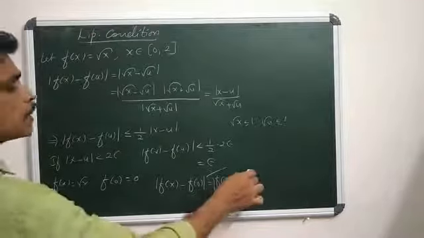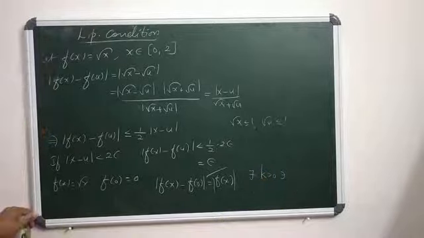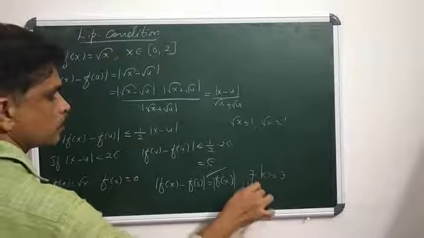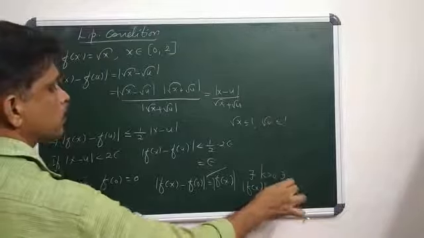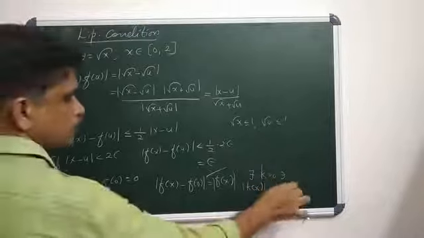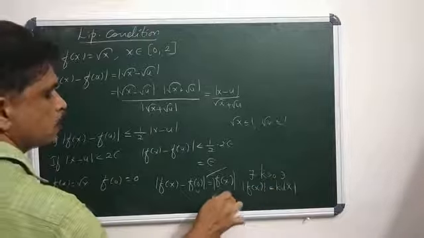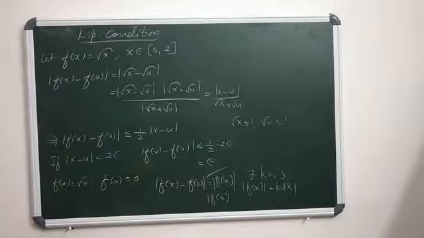That means there does not exist a k greater than 0 such that modulus of f of x is less than or equal to k mod x. So f is not a Lipschitz function. So the reverse inclusion